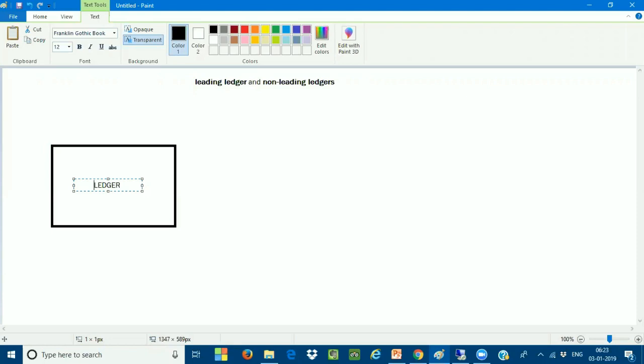This ledger book is mainly useful for us to extract our financial statements. If we come to a year-end closing activity, say December 31st is our closing year, we have to extract our P&L account and balance sheet. To extract the P&L account and balance sheet, I need some books of accounting where entries are stored. That book of accounting entries is nothing but a ledger here. We are going to call it a ledger.